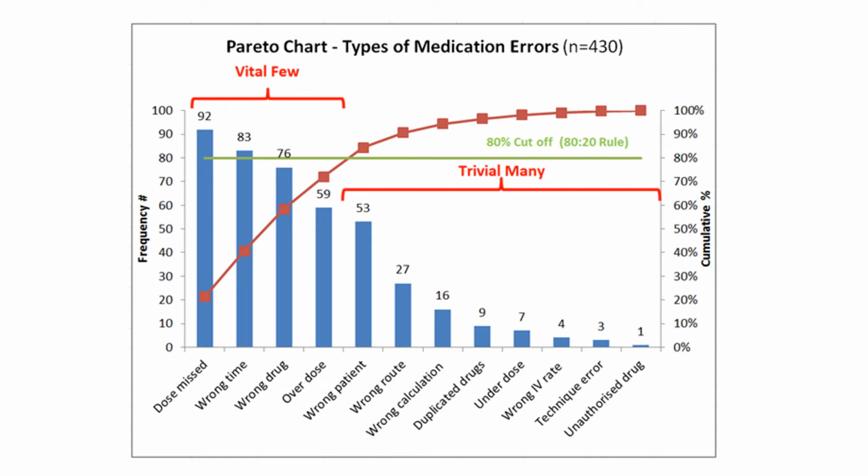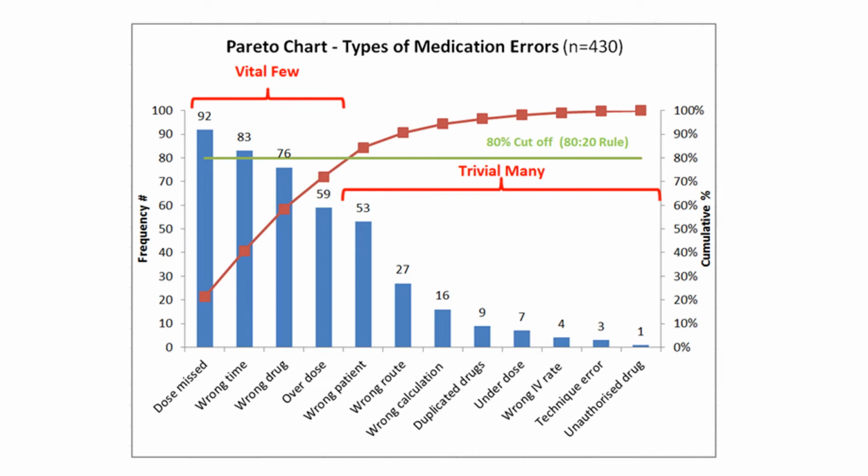And number four, you overdose the person. Number five, wrong patient. You can read these. I have all kinds of issues. There's actually 430 individual issues. But when I look at this,